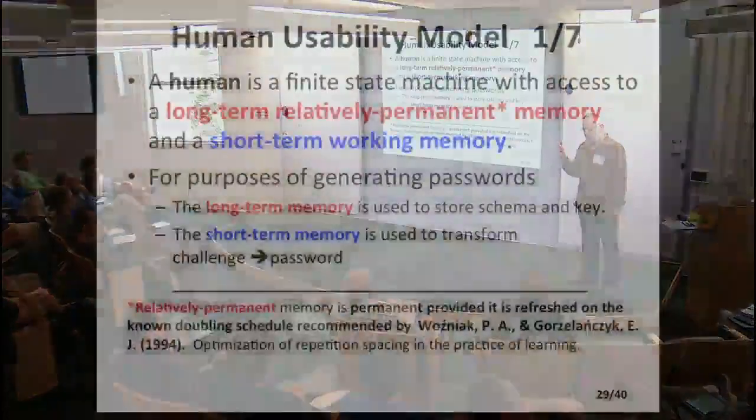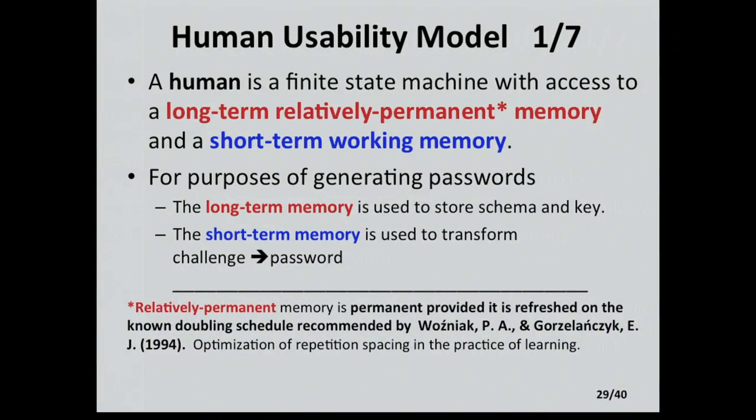Actually, all this is telling us is that this is a bit of computer science that maybe is connected to cognitive science. What you'll see here is that the cognitive scientists know things that are useful for this human computation. Long-term, but this model is mine. It's a long-term, relatively permanent memory. What does relatively permanent memory mean?